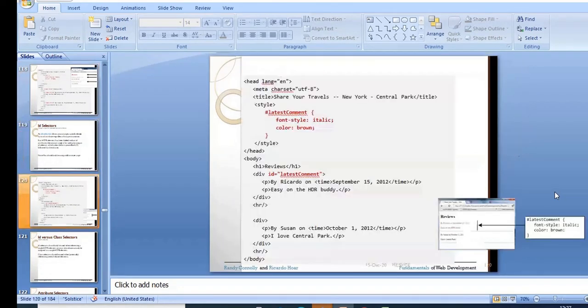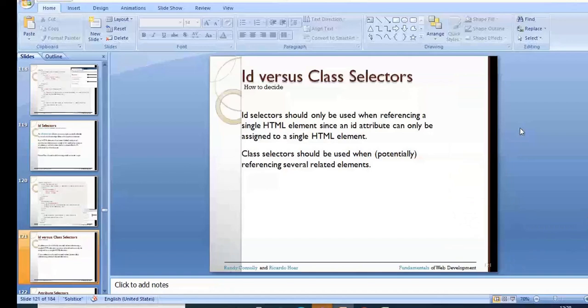Also, sometimes the browser is going to excuse it, even if you use the same ID selector name for other tags, and still sometimes you will get the output. But just remember, it is assigned only to a single HTML element. That is the difference between the ID selector and the class selector. Based on the requirement, if you want to apply the same style for a group of elements, you will go for the class selector. If it is for an individual element, you will go for the ID selector. So just know this difference between these two selectors.